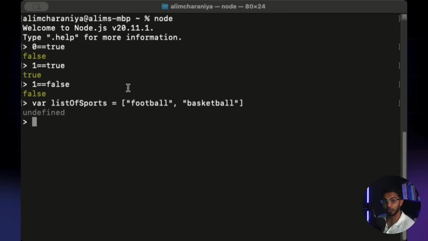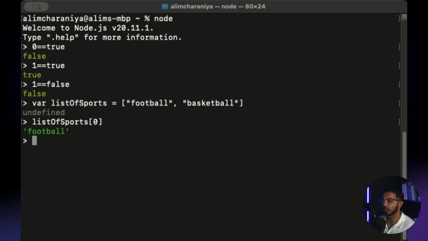If I say list of sports, I can actually set the position that I want. I can say, hey, give me the first item in list of sports. If I use the 0 index, and index is the same thing as position, notice that it returns football because computers start counting at 0. This is called index notation, where you can get an item from an index, and you're going to see that in FlutterFlow as well.